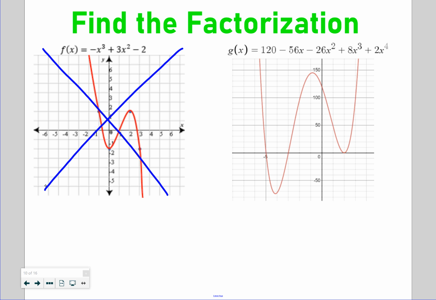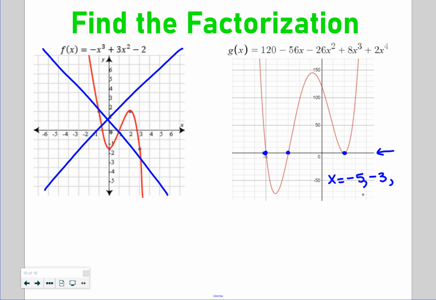To find a factorization, we have the equation, we have the graph, but what we don't have is the factored form, and that's really what we're looking for here. So to find the factored form, you're going to focus in on the solutions or the zeros or the x-intercepts, most importantly where it's crossing the x-axis. And I'm going to list out what those are. I have solutions at -5,